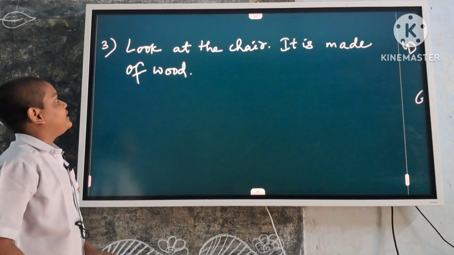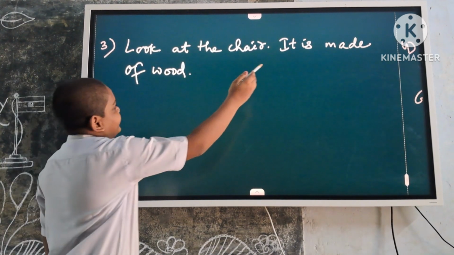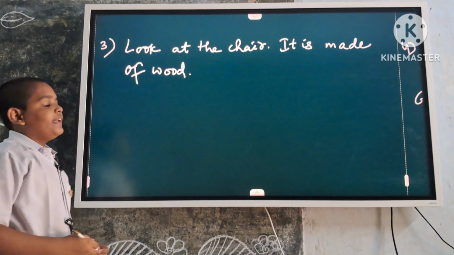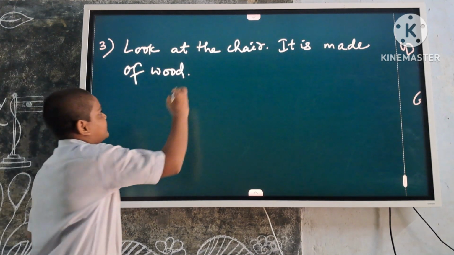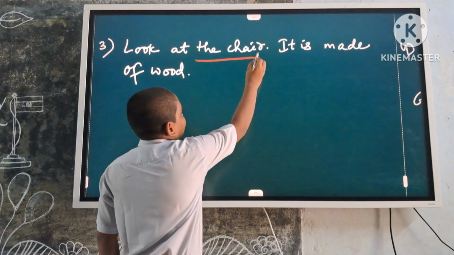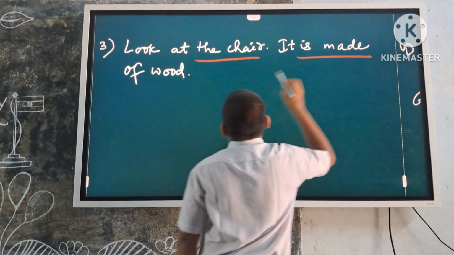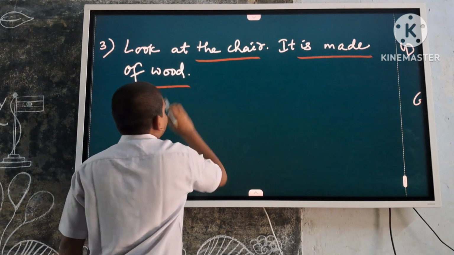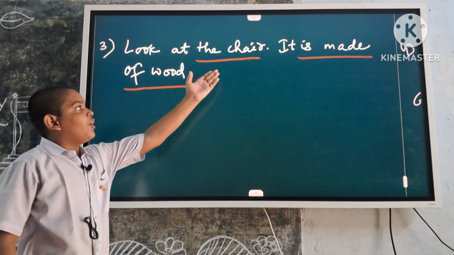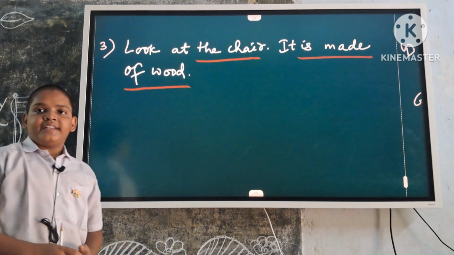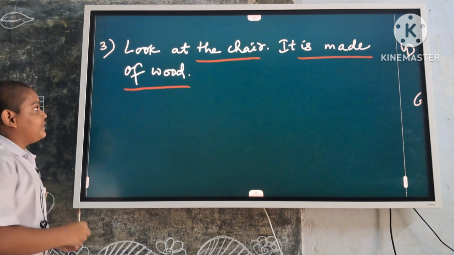Now, example 3. Look at the chair. It is made of wood. Here, the noun phrase is the chair. The modifier is made of wood. Now, join this noun phrase with this modifier. We get a new bigger noun phrase,